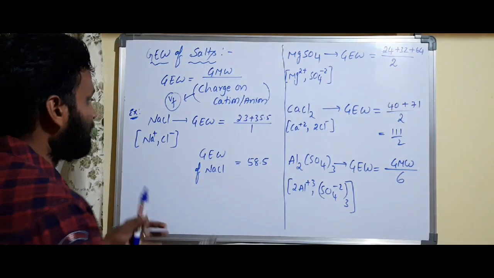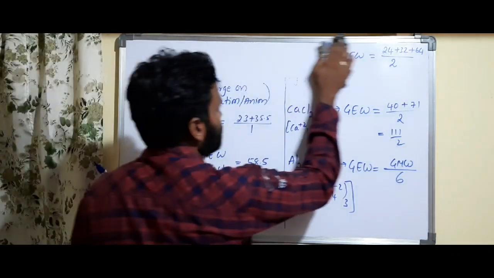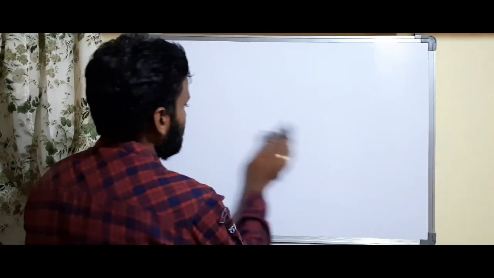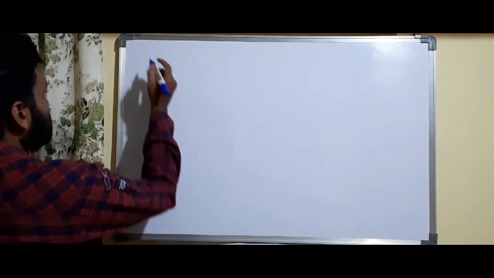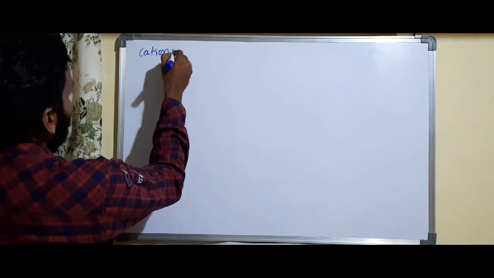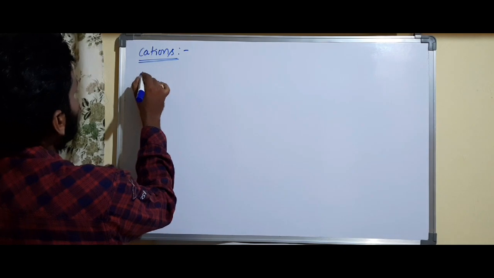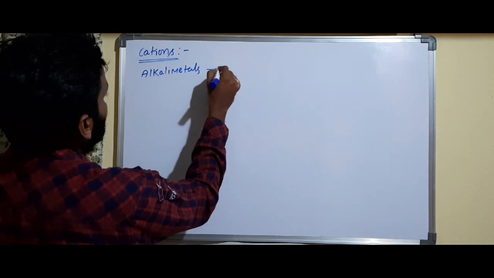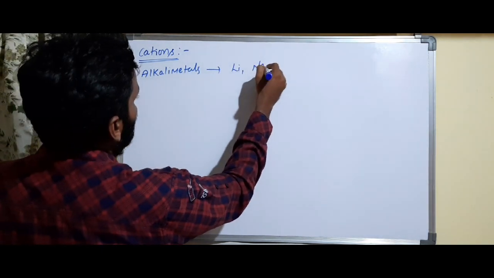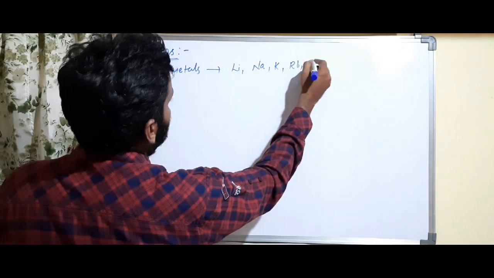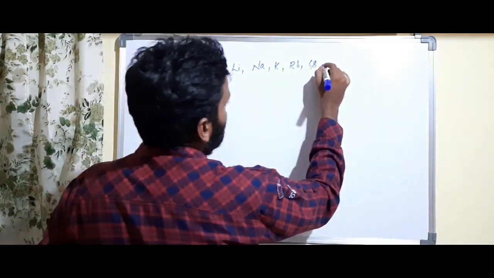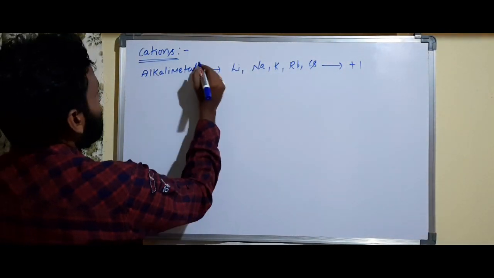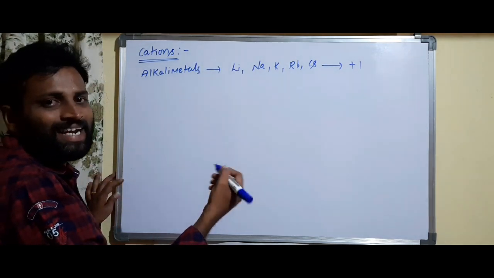So for salts, I'll give you some important things for you today. Cations and anions, how to identify, their charges I'll tell you. First about cations. First I'll give you about alkali metals. They are called lithium, sodium, potassium, rubidium, cesium, and francium, of course no need. These all have a +1 charge. And these are also called group 1A. We can understand later on.